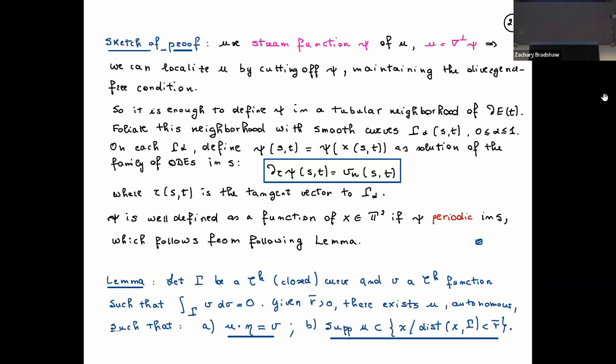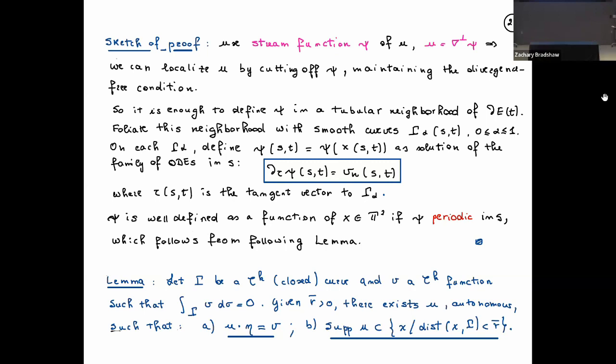And that means that it will be enough to define psi in the tubular neighborhood of the boundary. Yes, I will be able to. So all my constructions will be local, around it, and then I can extend the flow as I want outside. That's the advantage of doing this. So I only need to construct U in a certain region, and then you can extend it by anything you want outside, because it will not affect the mixing.